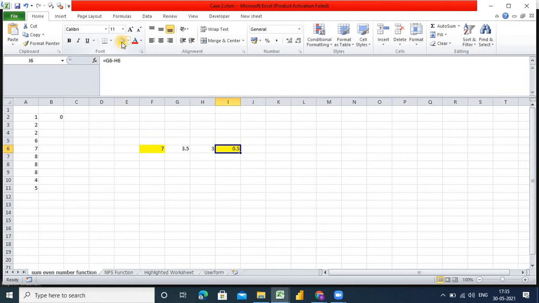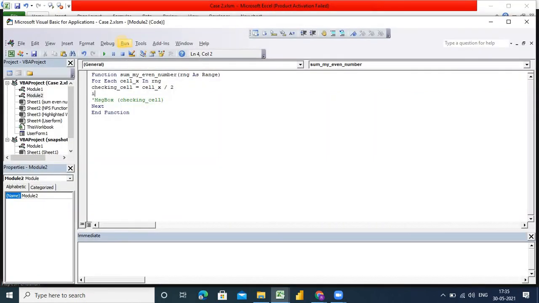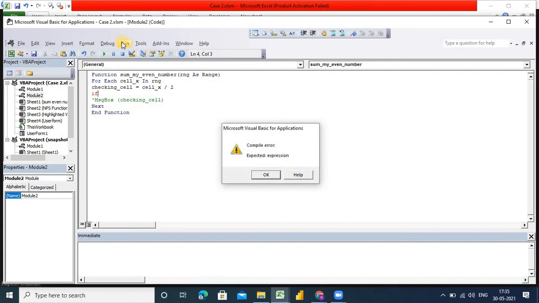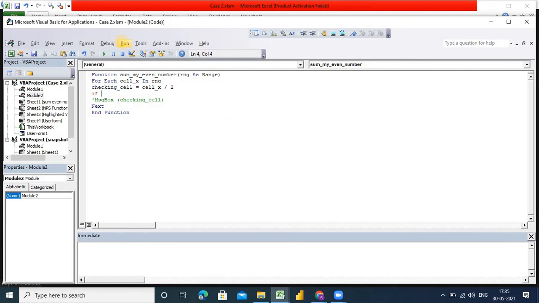So in this way we can identify it, and this is what we will have to apply in VBA. First, checking cell minus integer of checking cell, and if it is equal to 0, then this cell value is an even number.